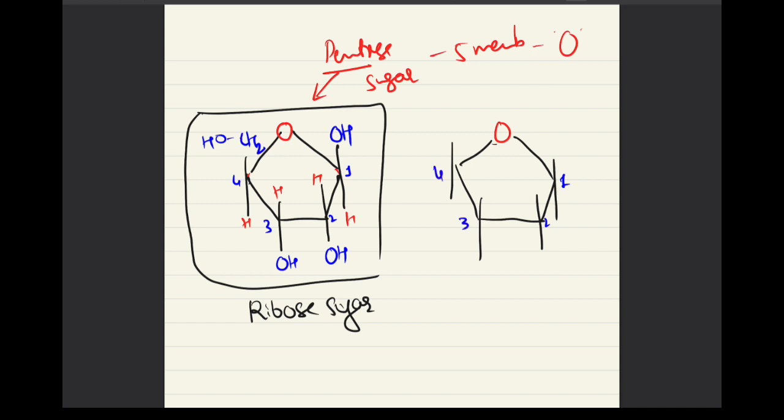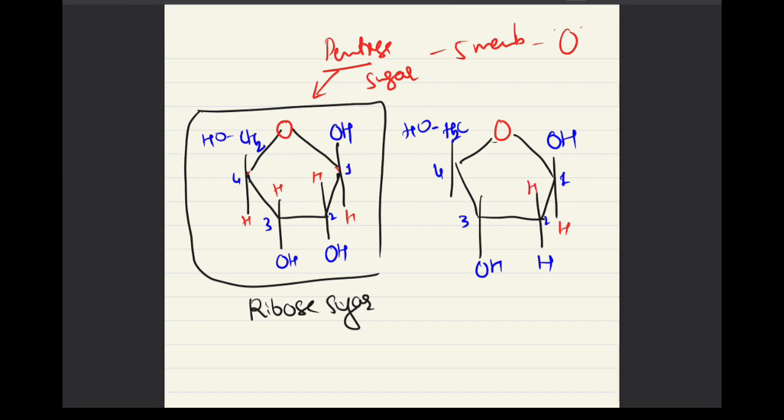Oxygen is 5, no problem. And what are the functional groups we are going to draw? Oxygen, hydroxy group, only hydrogen here. Hydroxy group, CH2OH, right? And in the remaining places what we need to add? Hydrogen,